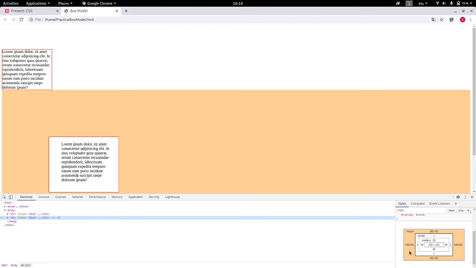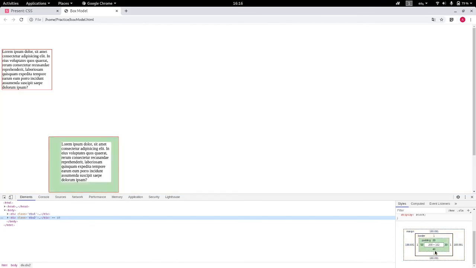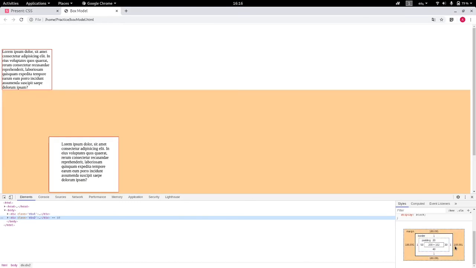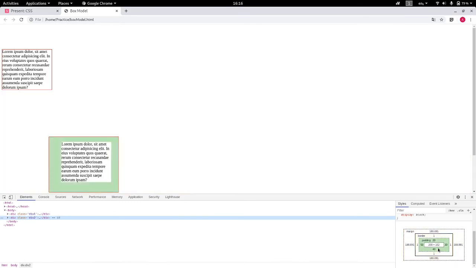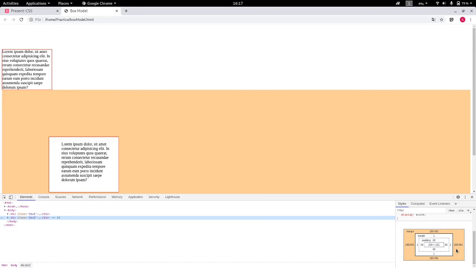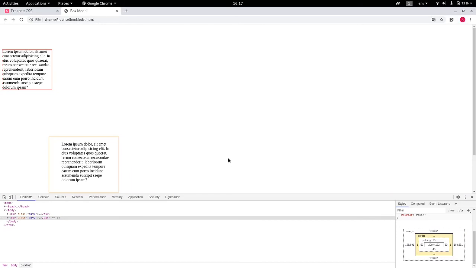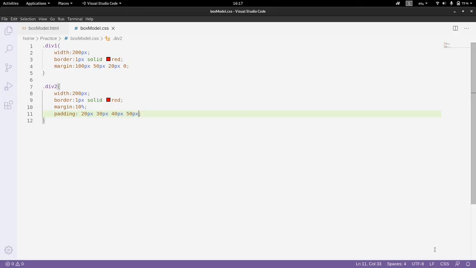This diagram will show you the dimensions of the borders, margin and padding, and even the content. Here you can see we have a 1px solid border, a margin, a 50px padding, a 20px padding, a 30px padding, and a 40px padding.